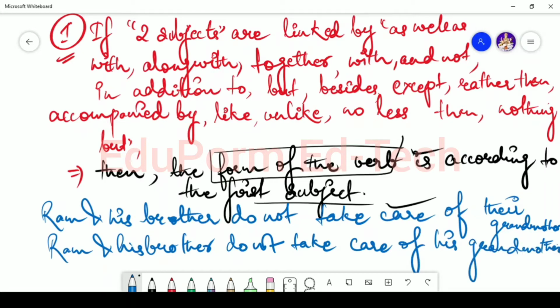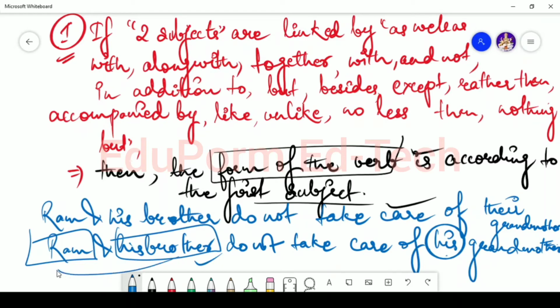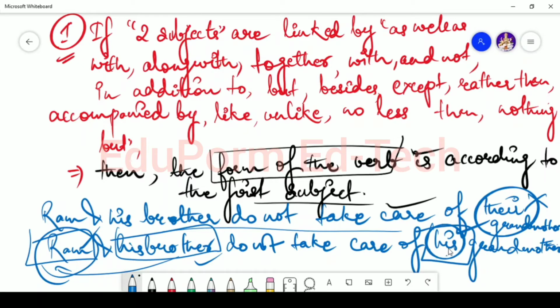There will be substituted by his, because the sentence has two subjects, and if any sentence has two subjects, then we make the agreement according to the first subject. Okay, so remember this thing. Now the above sentence said of their grandmother, so it is the wrong one, and instead of it you have to use his, which comes according to the first subject, that is Ram. Okay, now let's talk about